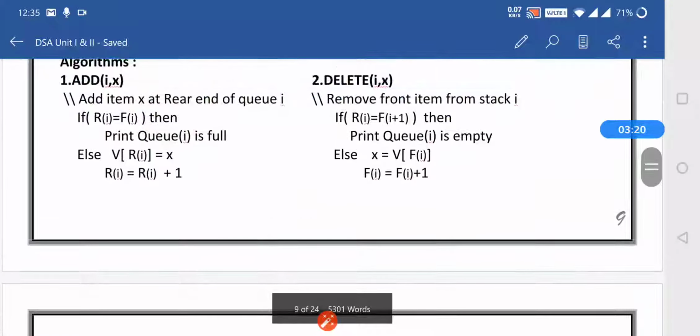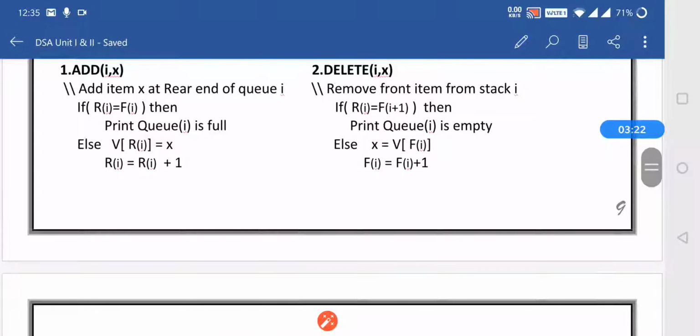For insertion and deletion, we use the add and delete functions. Add is used for inserting an element from the rear end of the queue, and delete is used for removing an element from the front of the queue. Whenever we insert an element from the rear end, first we check front and rear.